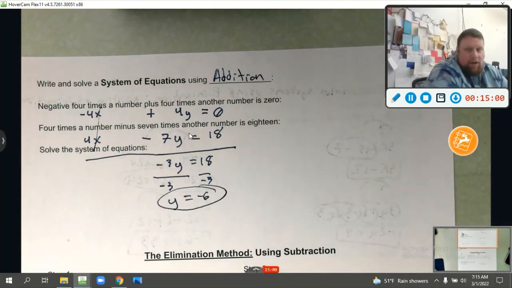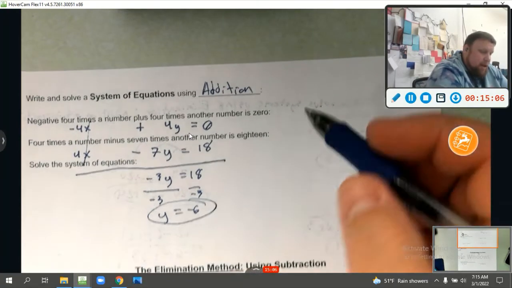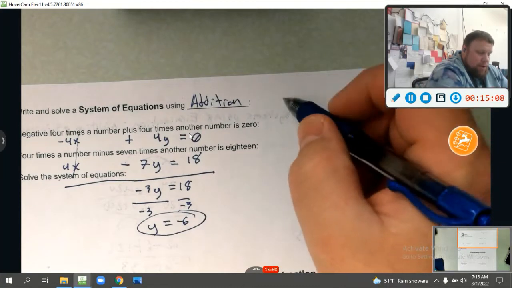We've got our y value. We've normally been solving for x first. Now we're going to solve for y first. Okay, so we're going to plug that back in. Remember, I'm going to plug it into the top equation. So I'm going to have